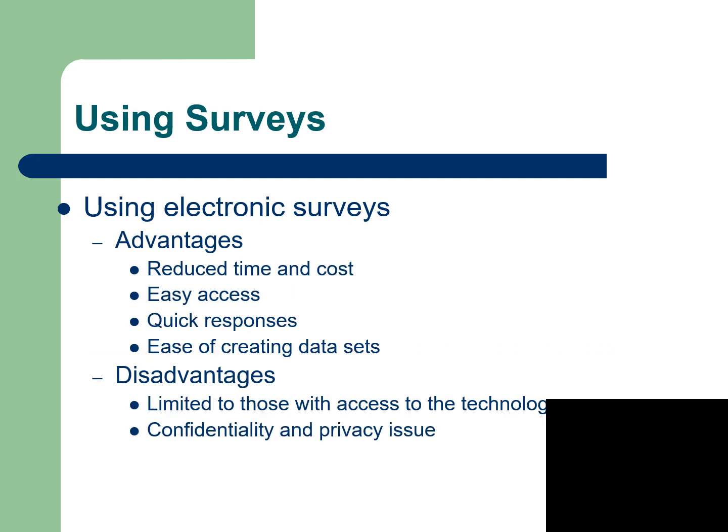These are some advantages: reducing time, easy to access, quick response, easy to create a data set. This is what I talked about with the Excel sheet. A disadvantage is that sometimes participants need to ask some questions whereas you are not around, and there are also some issues related to confidentiality and